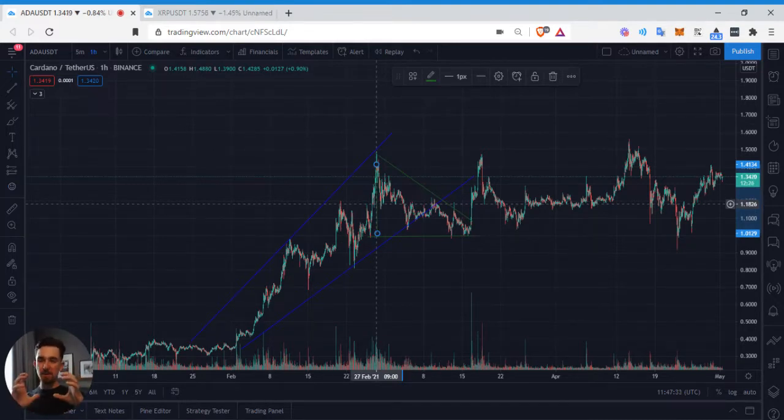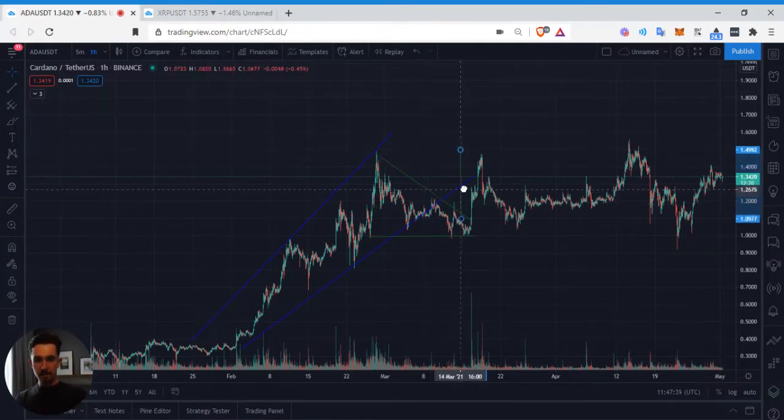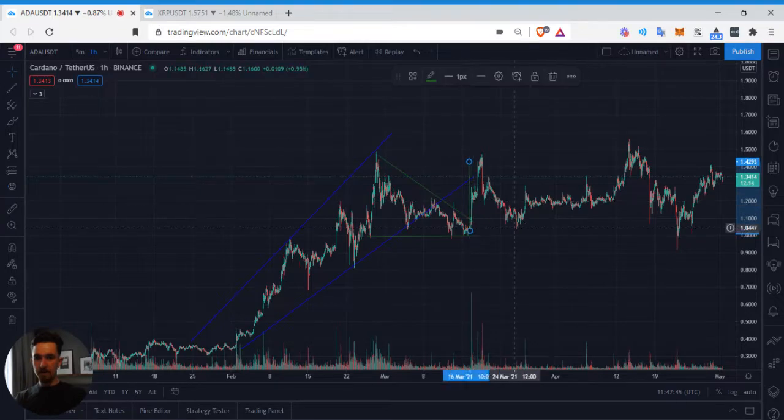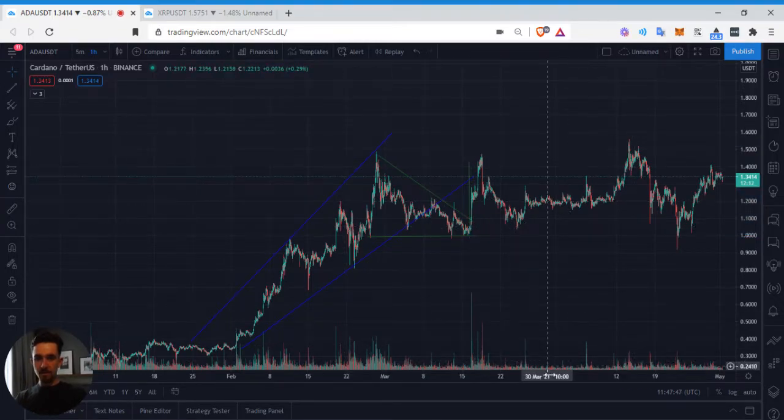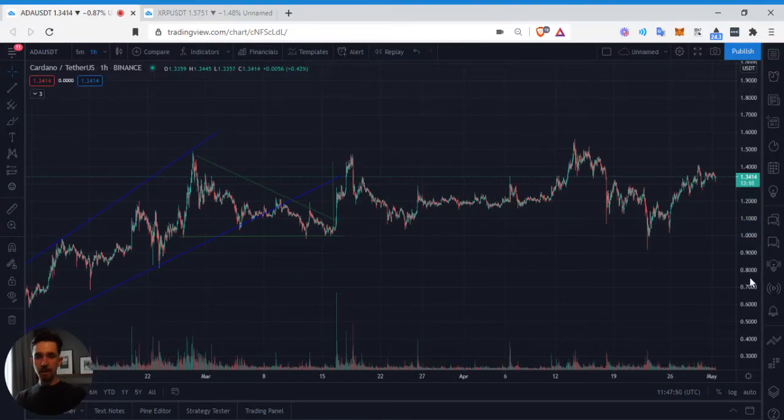And I like to be a bit conservative on this. Instead of making it way too long, just be a bit conservative. It's always good to have a balanced approach. And that would have basically hit it almost exactly. You could set it up right there from the bottom of the breakout, and you would have pulled profits here. So we can zoom in a little bit. Again, remember, this is on the 1 hour time frame.